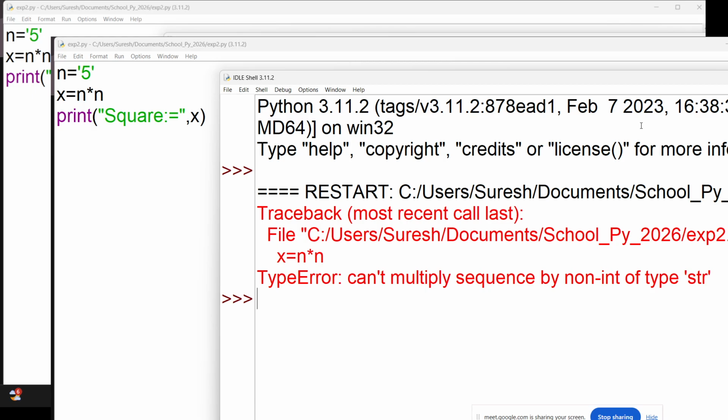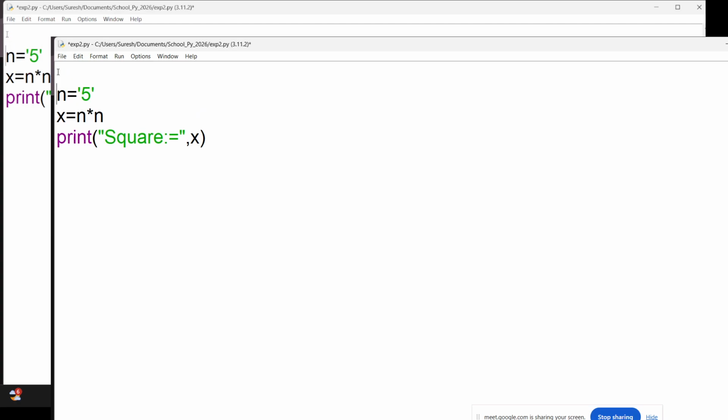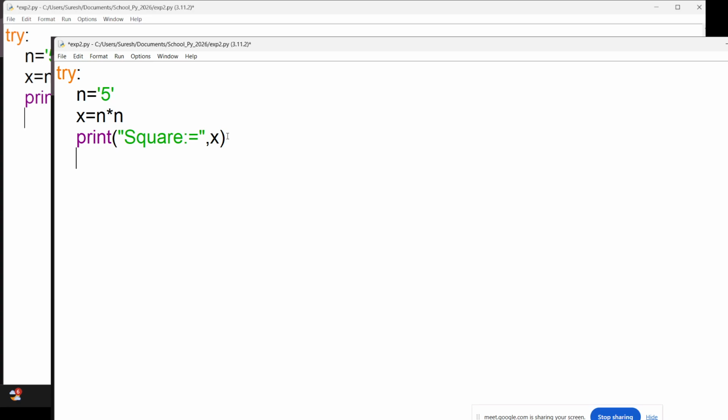We have seen the index error, we have seen the type error, zero division error. So what I'm trying to explain to you is that there is a possibility of this. Now we know exactly what kind of error it is, so we are able to predict it. So this is an error of type error, right? So whenever we know particularly that this kind of code may throw the error called type error,